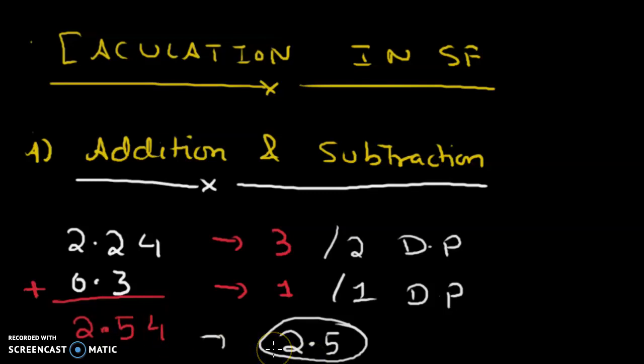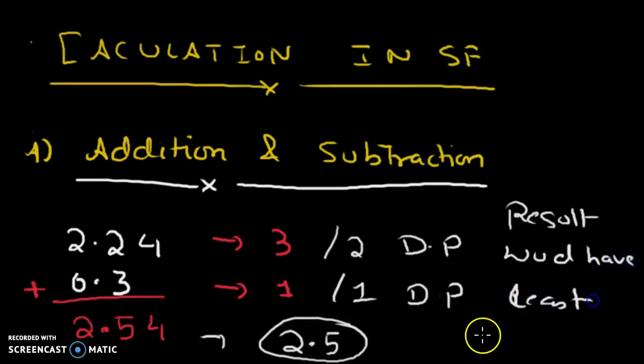so for this calculation you just need to remember that the result would have the least decimal places among the constituent numbers. So the result would have those decimal places. This is the key. I can give you many questions over that, but it is an easy thing, and you just need to realize it, you just need to remember it, and that's it. Okay,